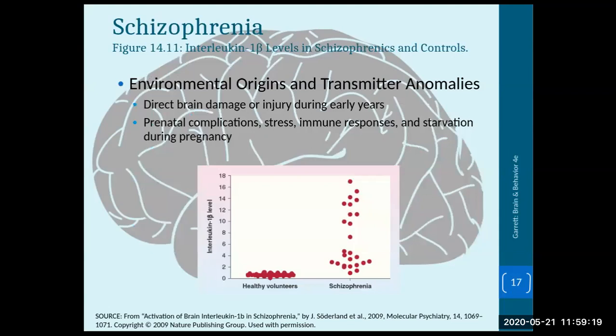Looking at knowing that it's 90% genetic or more, that you have to have the genetic underpinnings, but that there's an environmental trigger. Looking at environmental origins and neurotransmitter anomalies, we can see that some of the things that may increase it are head trauma during early years, which also includes complications from birth, prenatal complications like stress to the mother, stress to the actual person, immune responses, starvation during pregnancy,